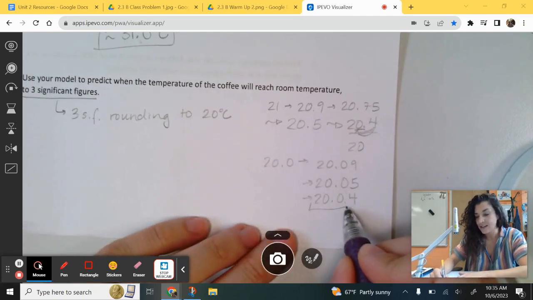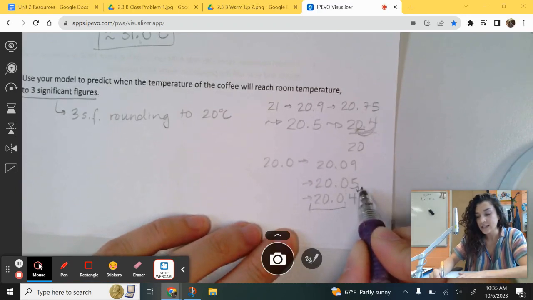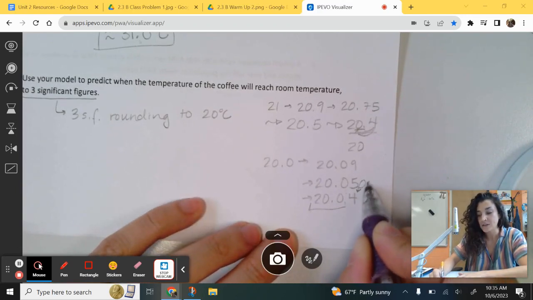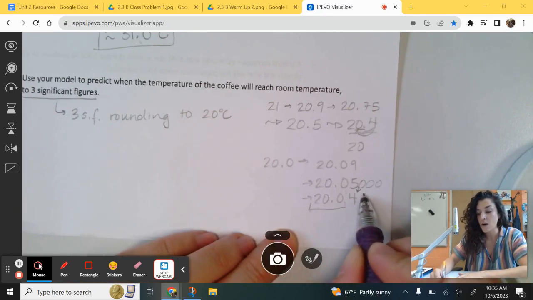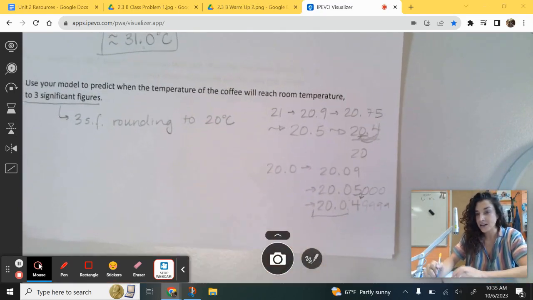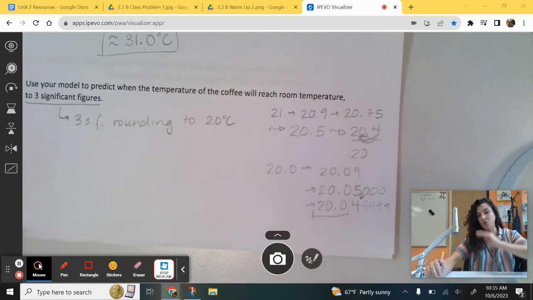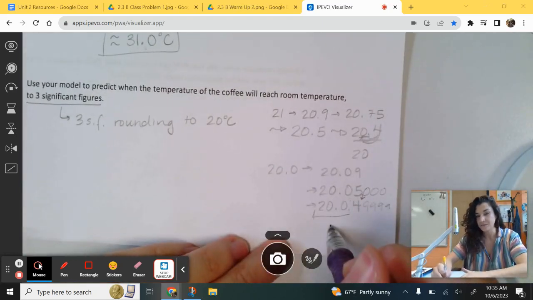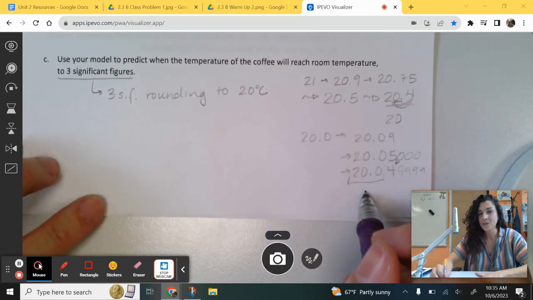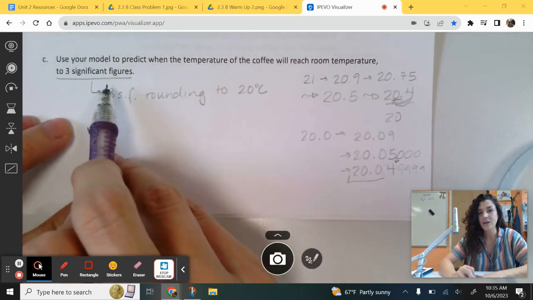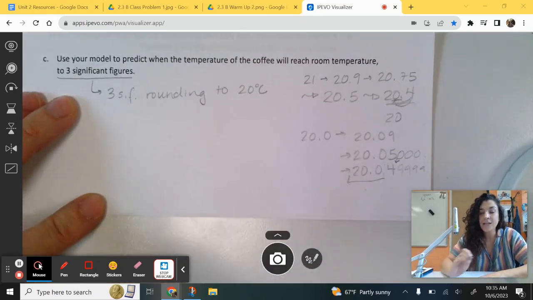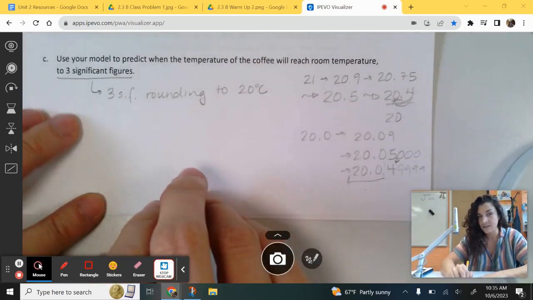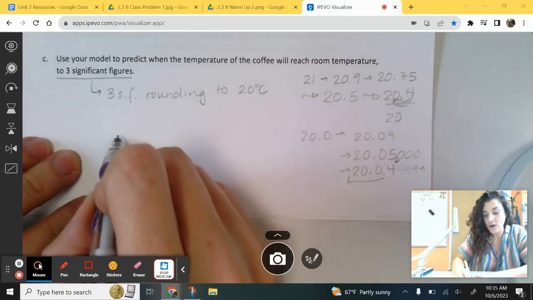And technically, it's anything strictly less than 20.05000. So 20.0499999999 would be the moment that it starts to round to this piece. So very tricky question. In order to answer at what point will it reach 20 if we were rounding to 3 sig figs? So it's really saying, okay,